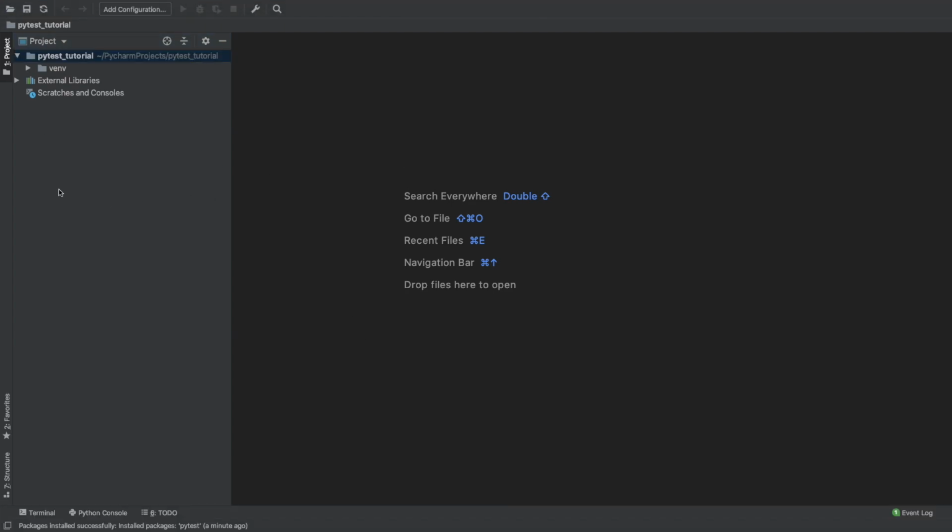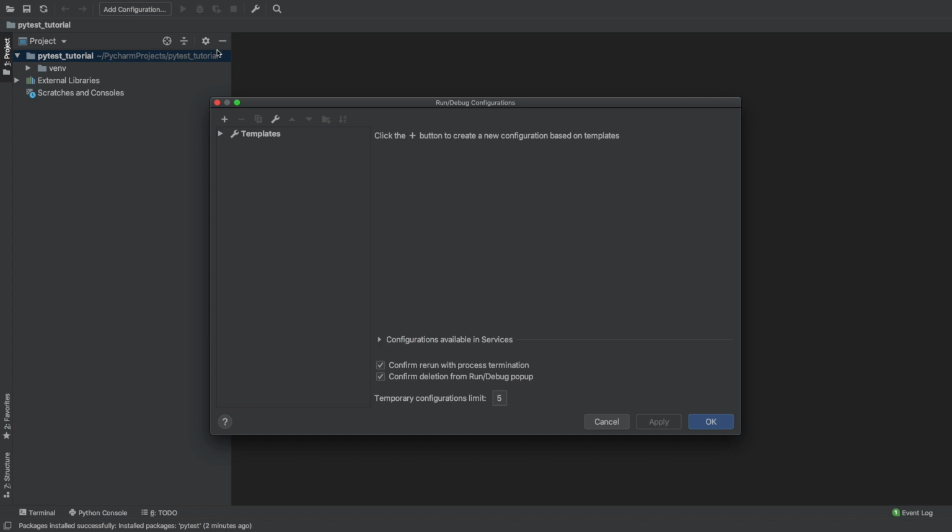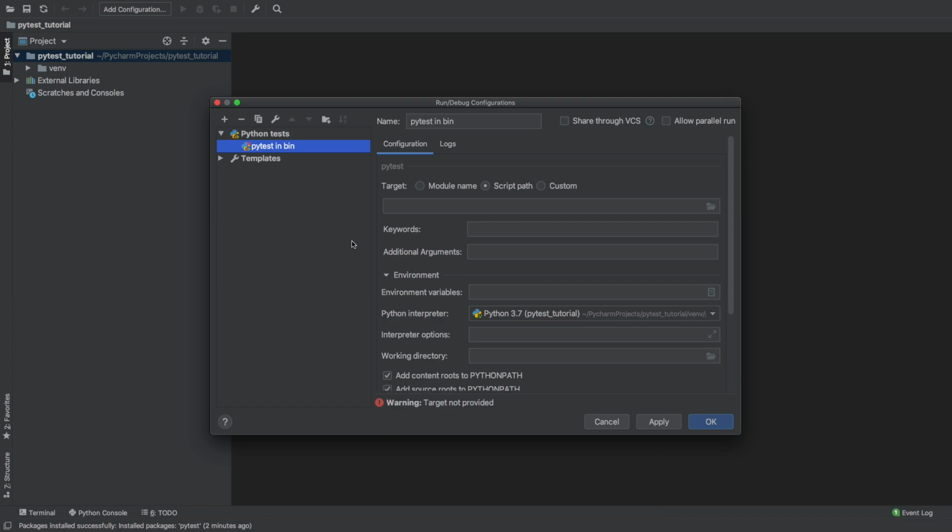Since our test won't have a main method, so we need PyTest to discover it as a test, we need to go to Add Configuration, and here we can click on the plus button. We'll choose Python tests, and then we'll choose PyTest. Here we can change the name of this custom run configuration. Let's call it Python PyTest tutorial runner,